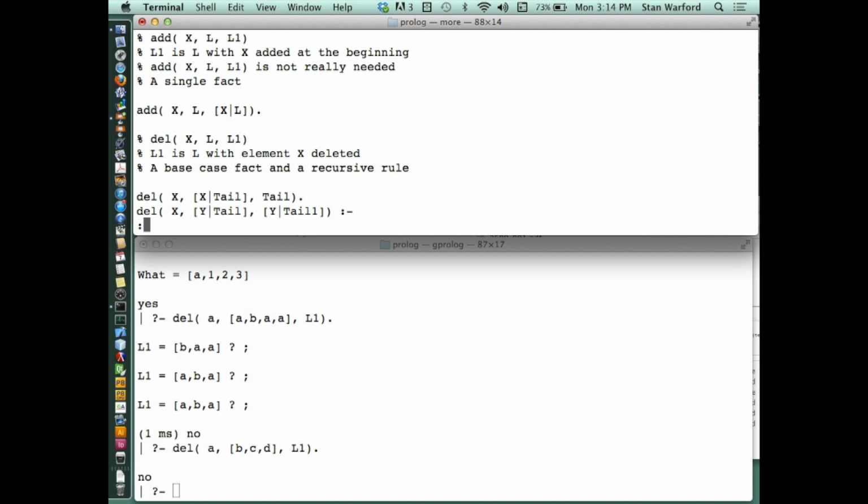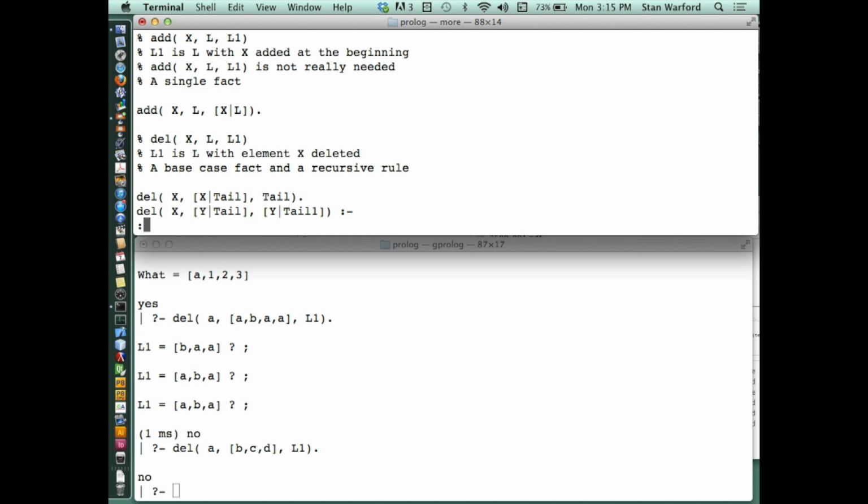What do you mean, doesn't have anything in it? If X isn't the first element, so something else is the first element, and if X were to be deleted. If something else, yeah. Well, yeah, but if del,